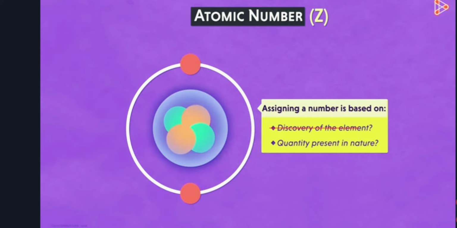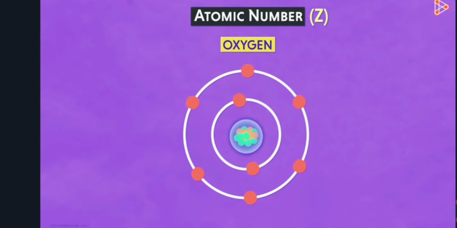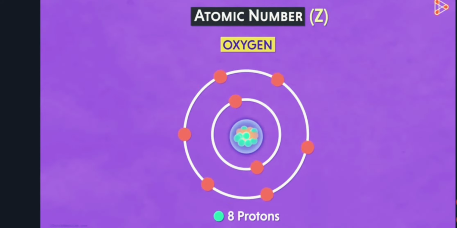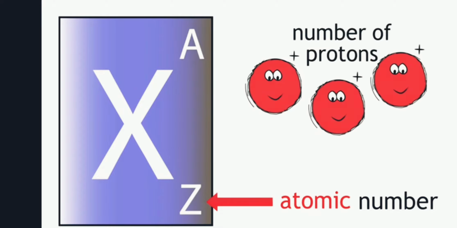As most of the mass of an atom is present inside the nucleus, and that mass consists of two subatomic particles. One is the proton carrying positive charge and the other is the neutron, which is neutral in nature. The third subatomic particle called the electron revolves around the nucleus and carries negative charge. For example, let's consider the general element X having atomic number Z. So this Z is the number of protons present in this specific element.